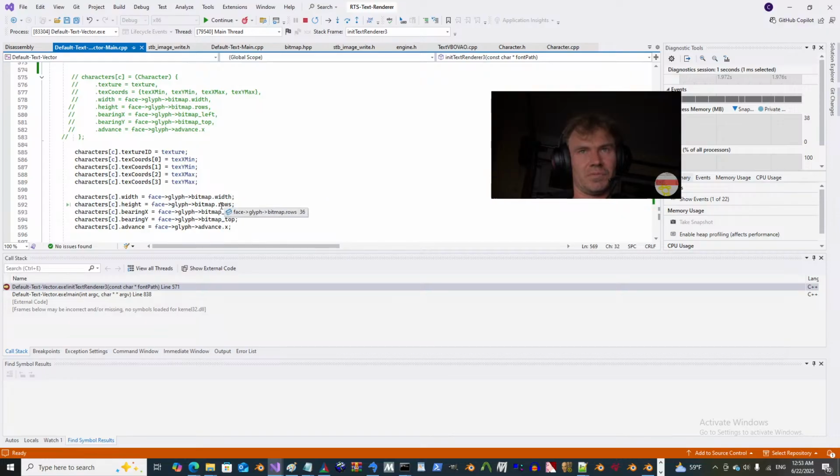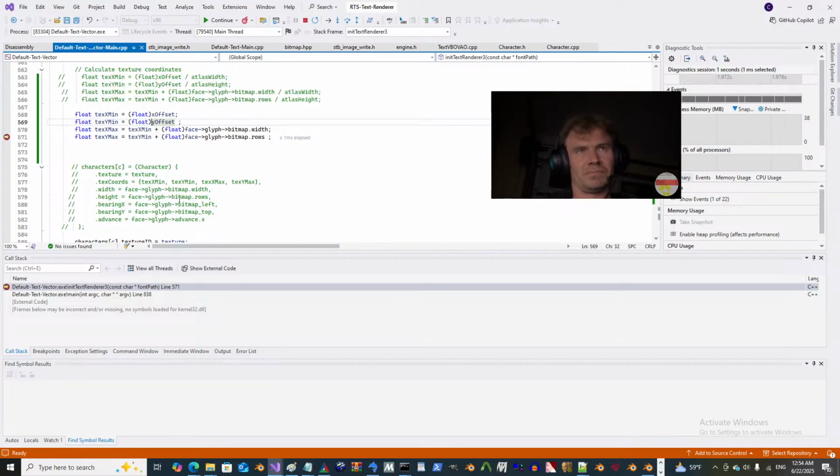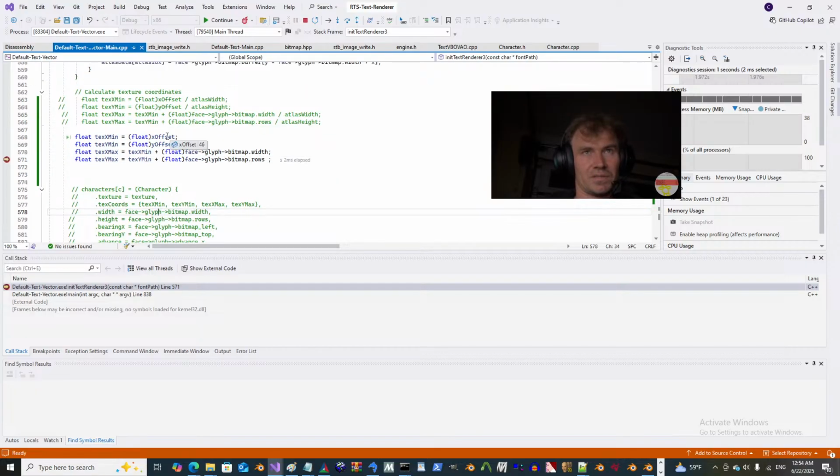Bitmap width, bitmap height. What the hell? Okay, so this one x offset is